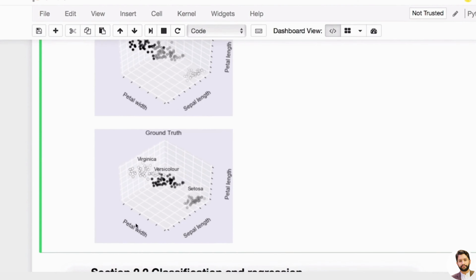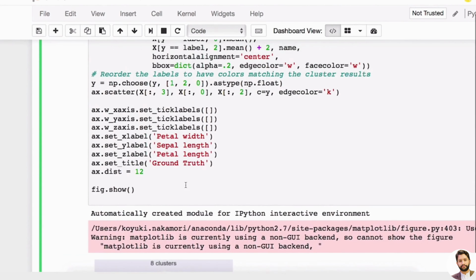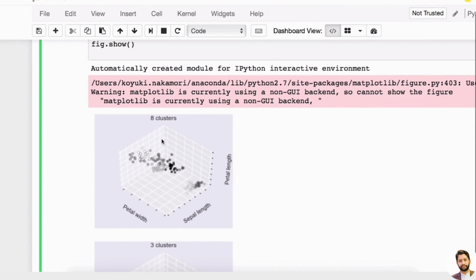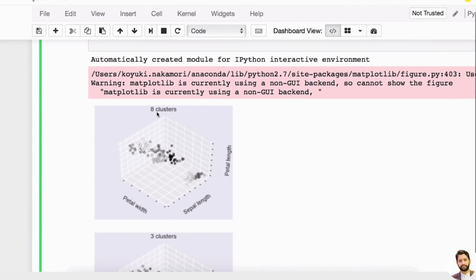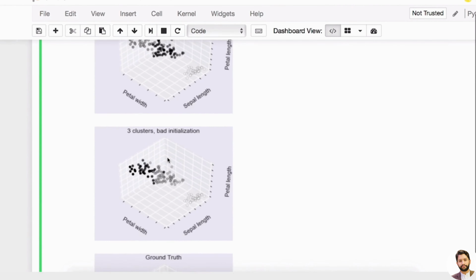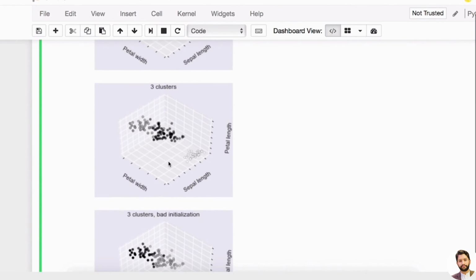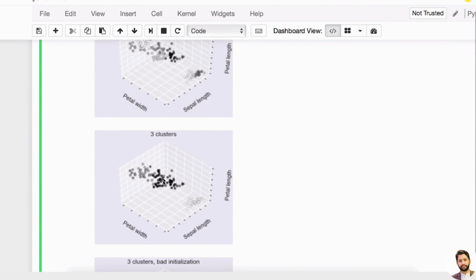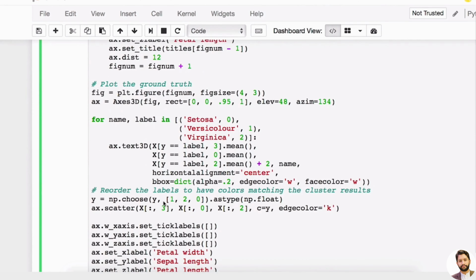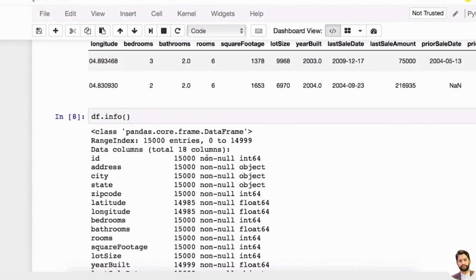But this is the way that you can pretty much grid search in terms of number of clusters, like say 8 clusters, 3 clusters, or 5 clusters, right? So definitely you have to do some inspection to determine what would be the best number of clusters that you want to use. But once you have this code ready somewhere like